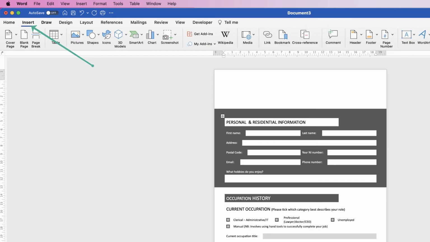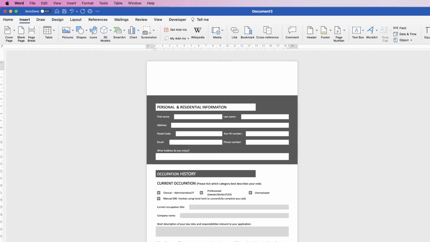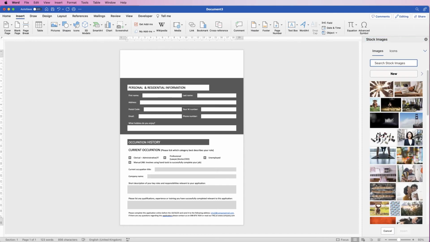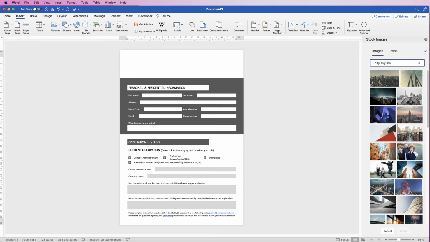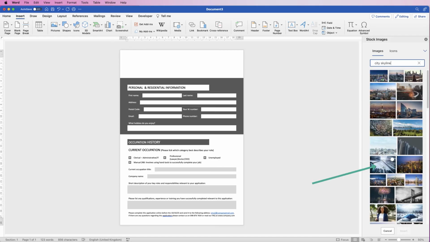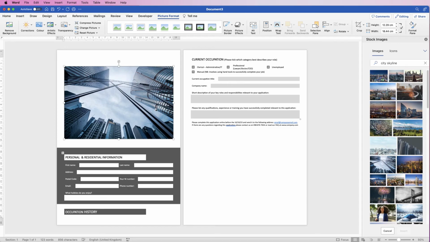So go to Insert, Pictures, and click on the drop down. Now you can select a picture from your files. I'm going to use some stock image here from Word. Select the search bar. I'm just going to search for city skyline, press enter, and then I select this one and click Insert. Now everything's gone crazy and most people panic at this stage, but all you need to do